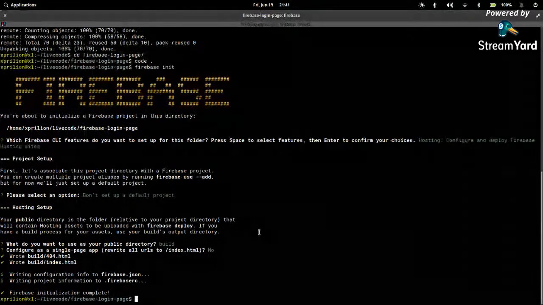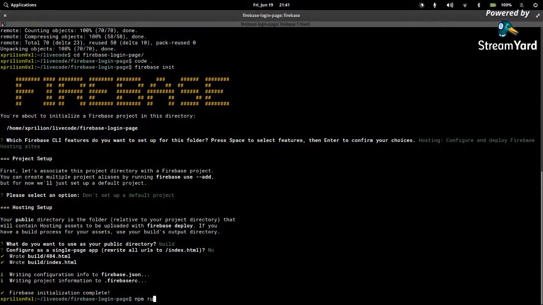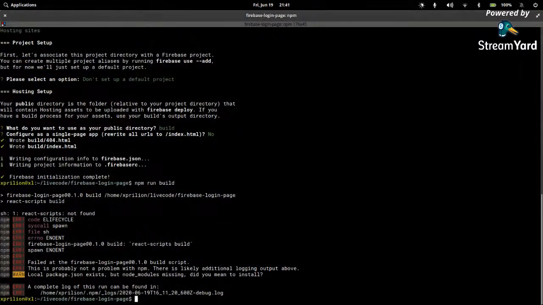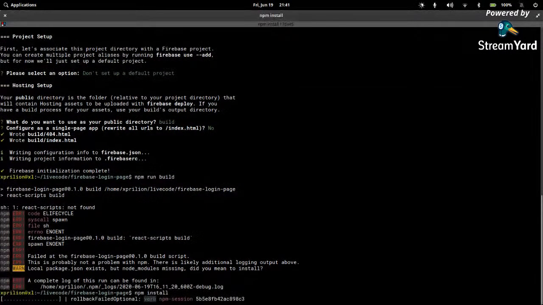So we will do npm run build, and okay, there's a problem. It says that react-scripts not found. The problem here is that I have not done npm install yet, so I'll have to do that first. While npm install is running, let me